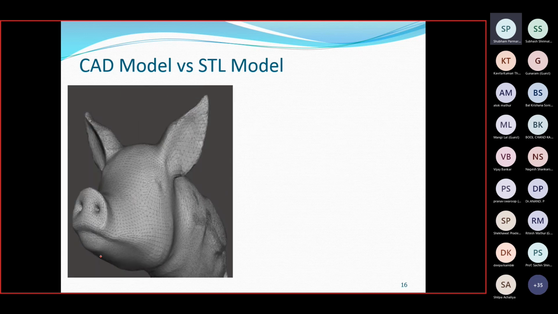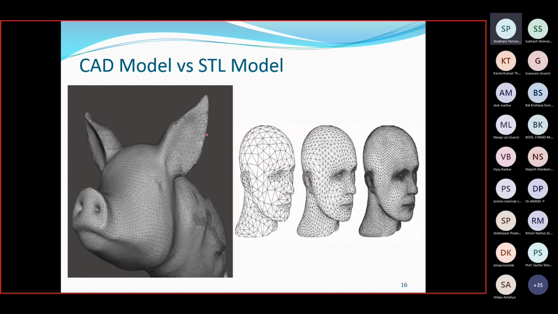See, like I have to draw the image of a pig, the face of the pig. So what I will do, I will generate one image of the pig model and then generate it as an STL model with lots of small triangles. Okay, and remember I told you guys that the more triangles coded in STL files, the more accuracy you will see.